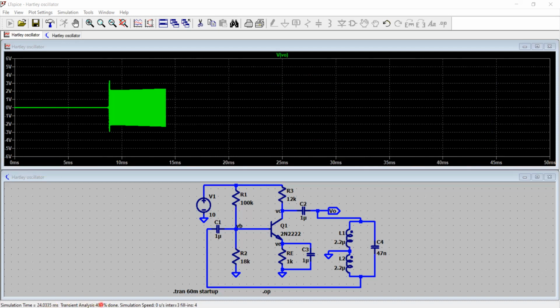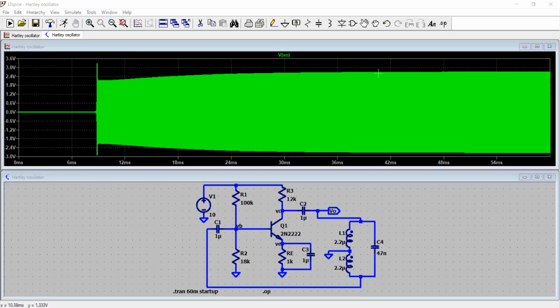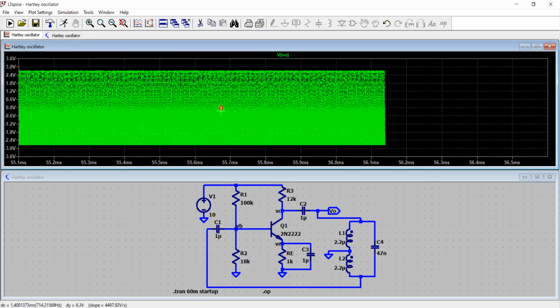40% of the transient analysis is done. Speed is 0 second per second. Okay, so there is some command here. While it goes to the end, we will just wait for a while. So you can see that we started with a growing amplitude, and then somewhere from this area, we have reached the constant amplitude, right? So maybe we can just zoom in on this portion and zoom in more